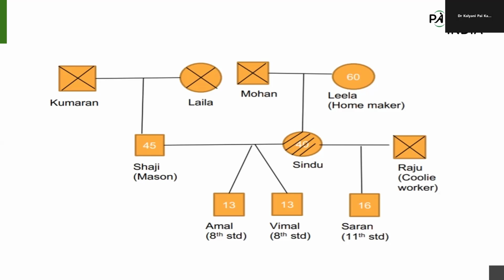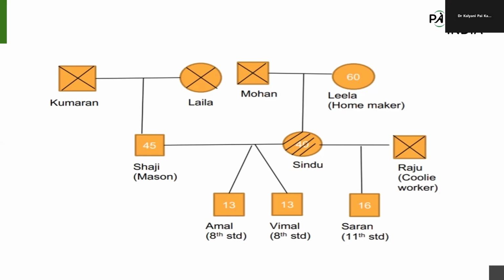Okay, I'll attempt. The patient is a 60-year-old female whose name is Leela. She is a homemaker. She is married to Mohan, who is no more now. So she has a daughter by name Sindhu, and I don't know what the lines indicate. Who's 40 years old. So can you help me out with that? Yeah, the 40-year-old, actually Sindhu, Sindhu is our patient, and we usually represent her in shaded form. Okay, the patient is Sindhu. The shaded is the patient.